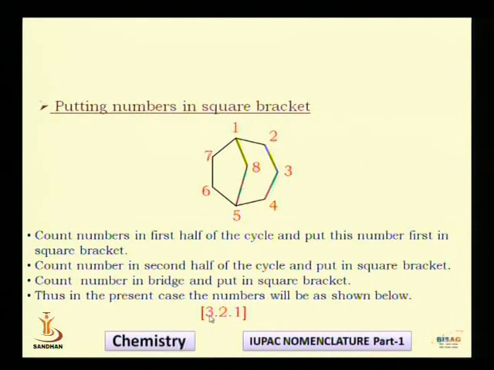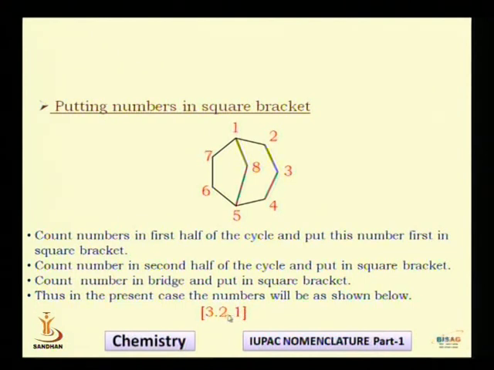Again I repeat that the 3 indicates the number of atoms present in the first half cycle, and I hope that you must have understood what is the first half cycle. So put the number of atoms present in the first half cycle. In my first half cycle I am having 3 atoms, so I have put figure 3. Then put the number of atoms in the second half cycle. So there are 2 atoms in the second half cycle, so I have put 2 over here, and finally put the number which is present on the bridge. So there is 1 carbon in the bridge, so I have put number 1, and you put the square bracket